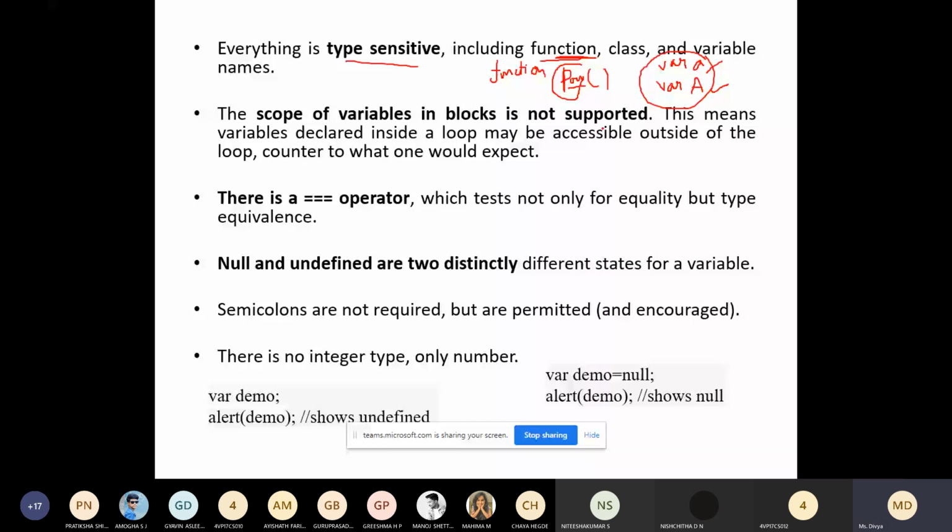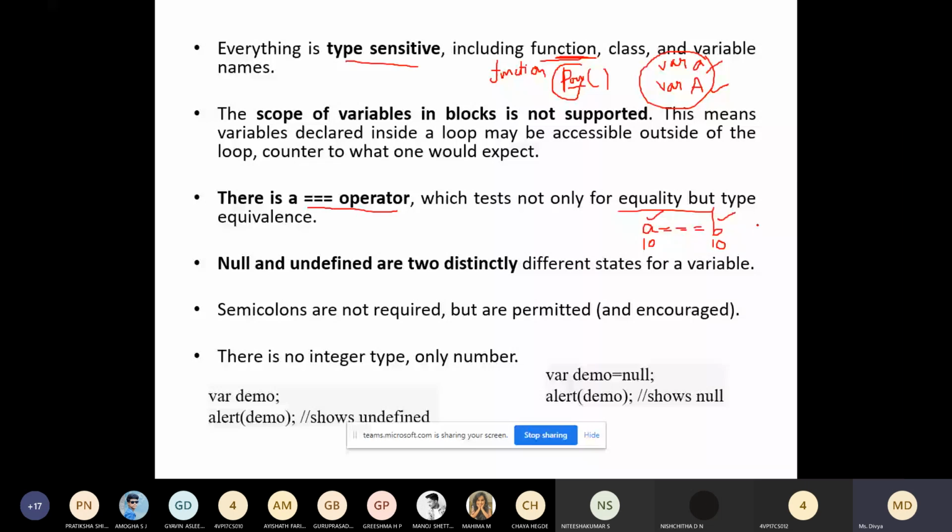The next one is the triple equal to operator. The triple equal to operator tests not only for the equality but also for the type. For example, if I write A triple equal to B, and A is stored with the value 10 and B with the value 10, and one is of type int and the other is of type float, then it will return false.